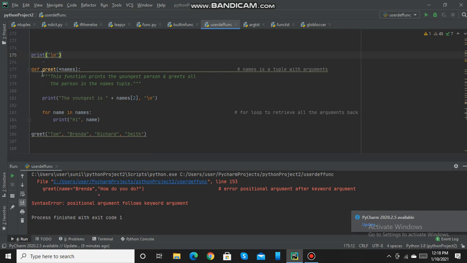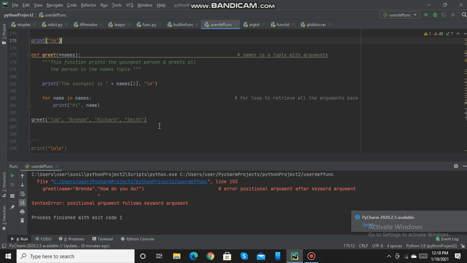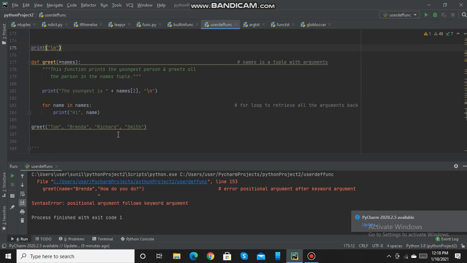Here I am having a function greet using the arbitrary argument, that is names. Whenever you use an arbitrary argument, you should always prefix it with an asterisk. I am calling this function greet with these arguments: Tom, Brenda, Richard and Smith. These arguments are passed to this function,